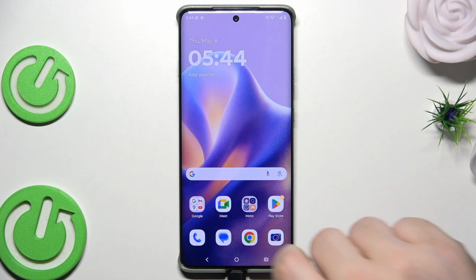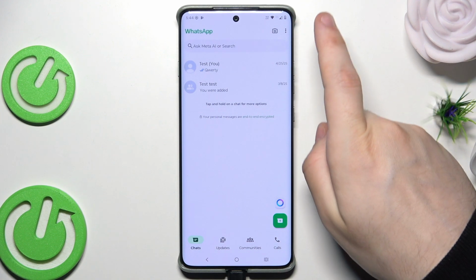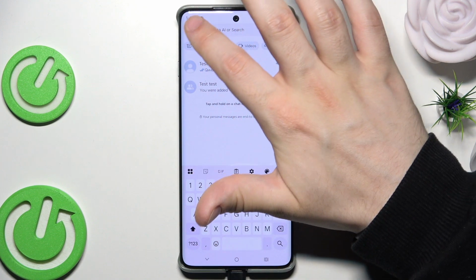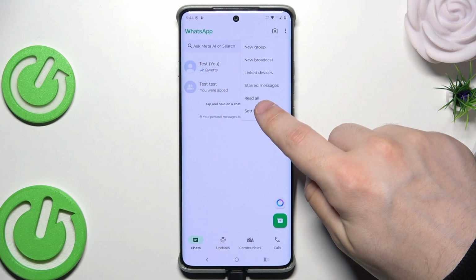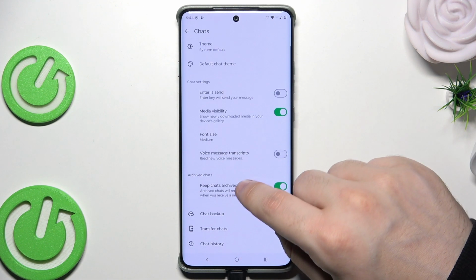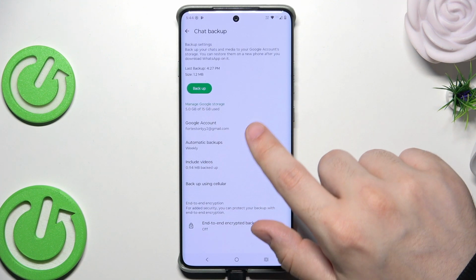Okay, so let's begin. We need to open up our WhatsApp, and once we are here we need to tap on those three dots on the top right corner. Oh, I misclicked, sorry. Okay, now click on the settings. Now find the chats, scroll down a little bit, click on the chat backup, and now under the Google account